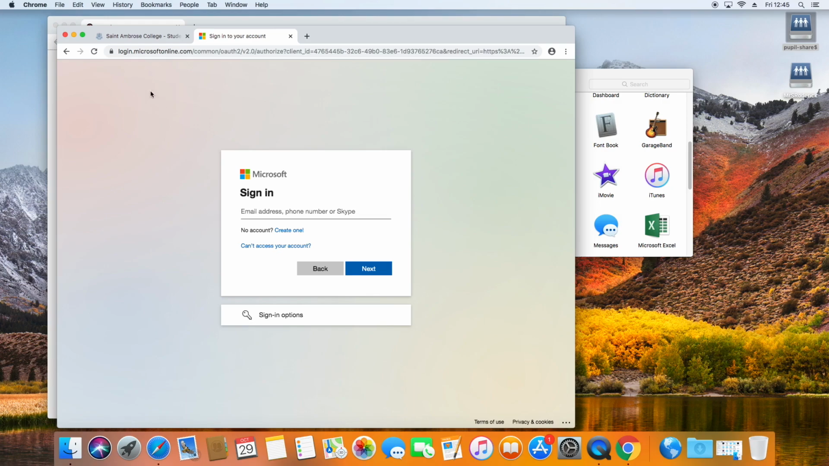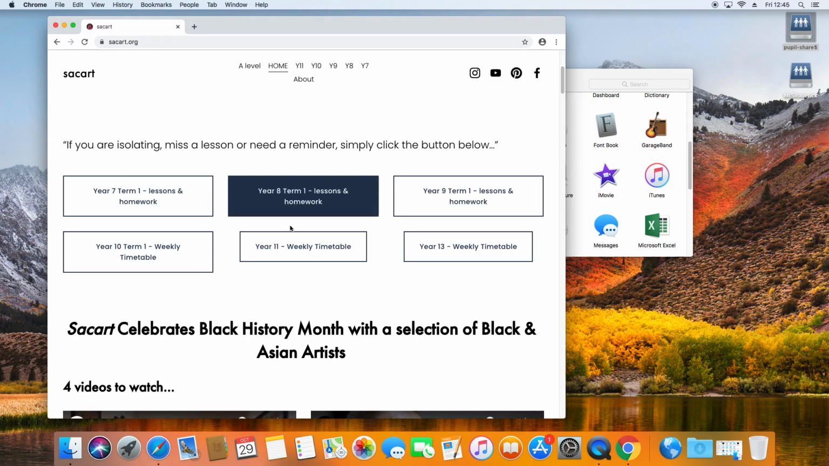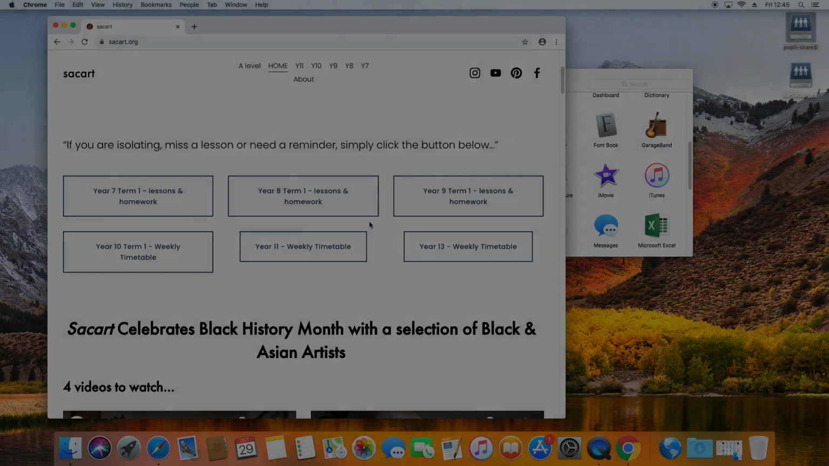So I'm not going to sign in because I don't need my emails for this exercise, but you might need to. So we now have our mouse working, we have Chrome set up, we can access the internet and SACART, and we can access our emails too. So the next thing